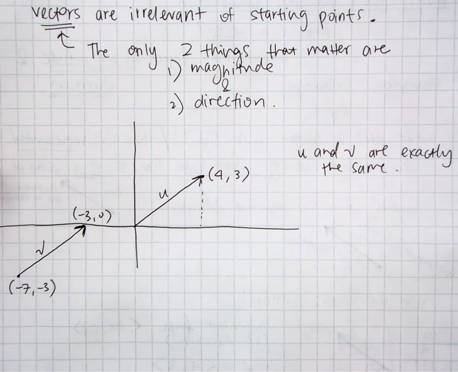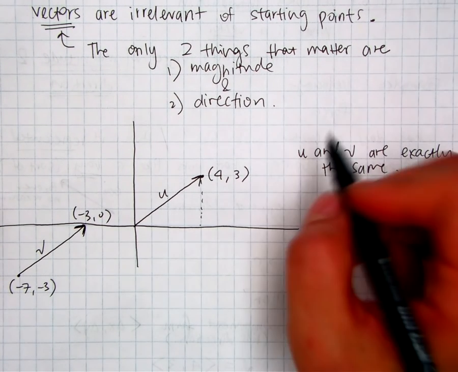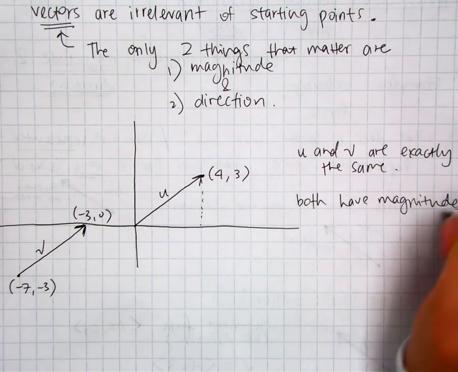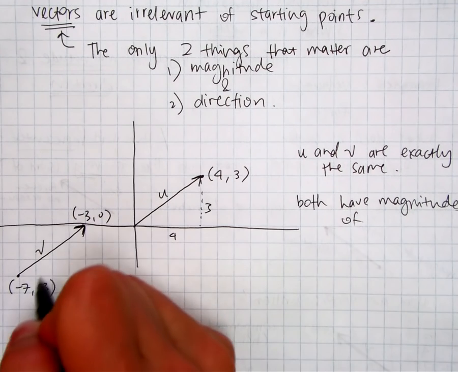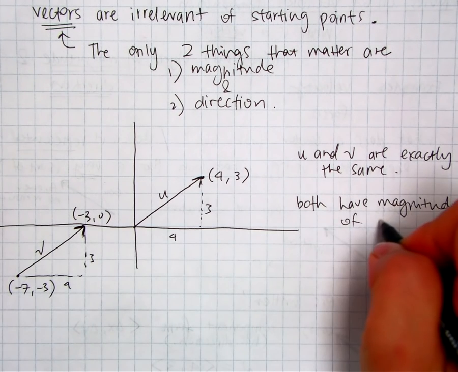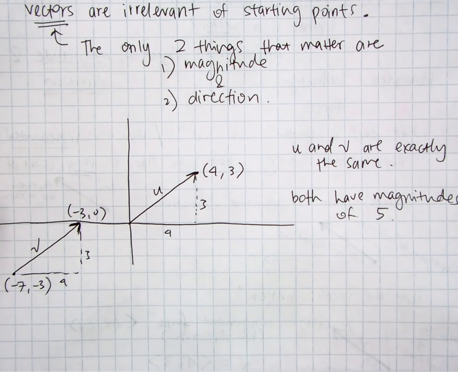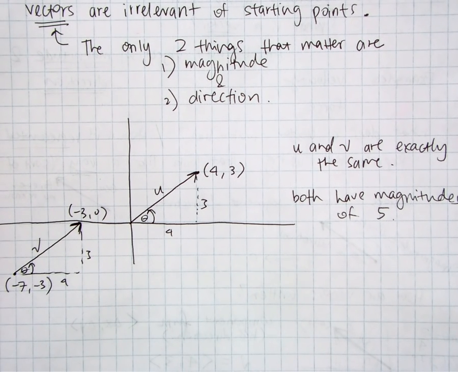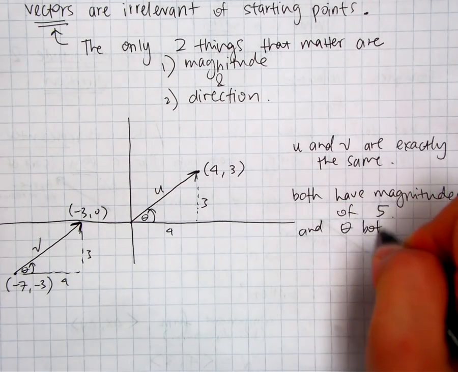Okay. Now, why are they exactly the same? Because the only two things that matter, the magnitude and direction, are exactly the same. Both have magnitudes of, this is a 4 and 3. This is also 4 and 3. Right? So they both have magnitudes of 5. So 3, 4, 5. We just did it in the previous example. Right? And they both have this theta as their angle. So the component parts and theta both equal